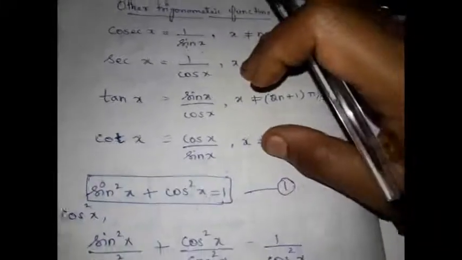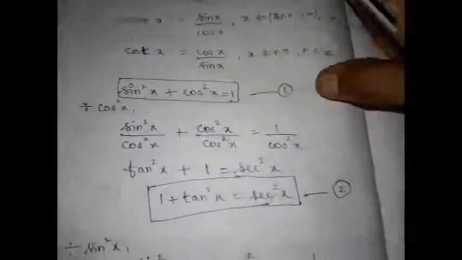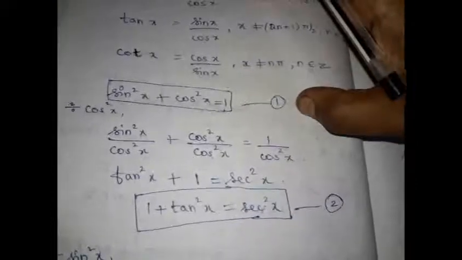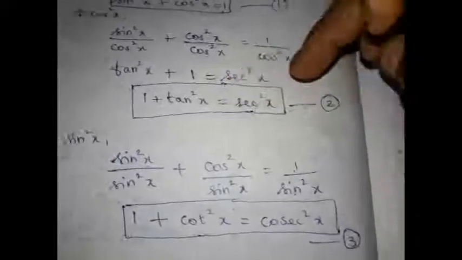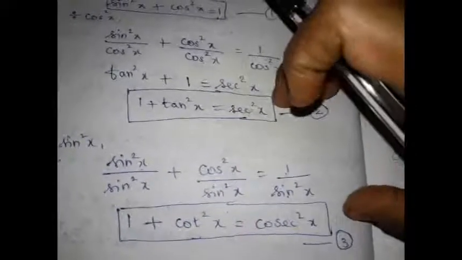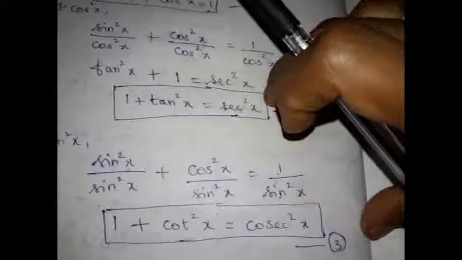Then we defined other trigonometric functions like cosecant, secant and cot as reciprocals of sine, cos and tan. Then from the basic identity sin square x plus cos square x equals 1, we derived the remaining two basic identities: 1 plus tan square x is secant square x, and 1 plus cot square x is cosec square x. Then I told you this tabular form you have to remember, the basic trigonometric ratios for a few standard angles from 0 to 2 pi, right?